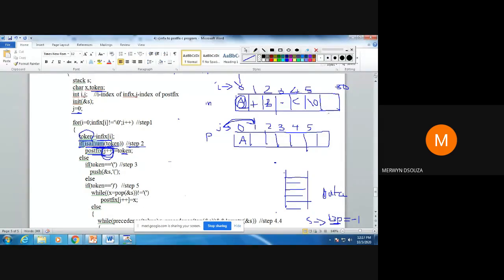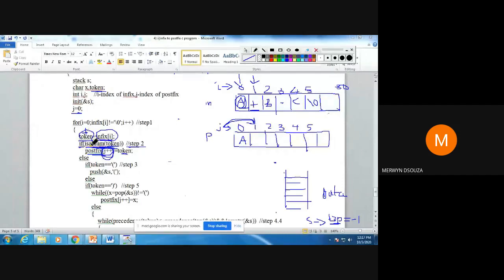If this if is executed, this else part is not executed. So what I do next, I increment i. So when I increment i, next I read is plus, this one. So I take this plus from here and I put it in token. So now plus is there in token.